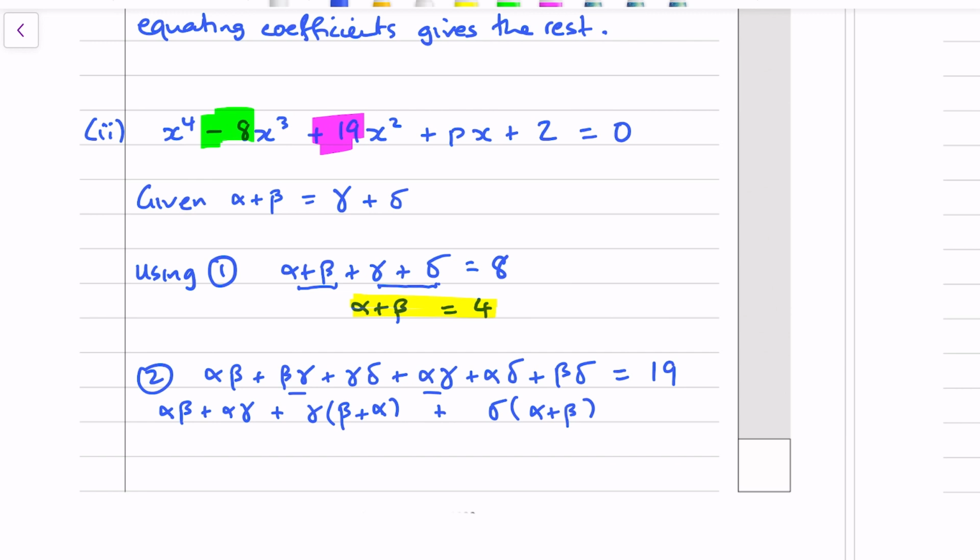And the reason I've done it that way is because we already know that alpha plus beta equals 4. So those are 4. So we've got alpha beta plus alpha gamma plus 4 gamma plus 4 delta equals 19. This is 4 times gamma plus delta. That's also equal to 4 because the sum of two roots is equal to the sum of the other two roots, meaning that this must equal 3. 3 plus 4 times 4 equals 19. Yep. So this is a second equation, alpha beta plus alpha